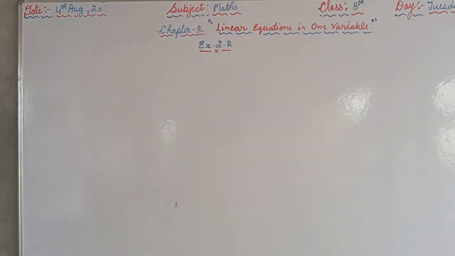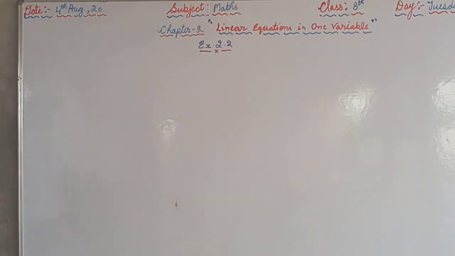So we will take question number 13, in which the question is, I told you previously that you are supposed to keep your textbook with you. At the same time I am reading the question for you. A rational number is such that when you multiply it by 5/2 and add 2/3 to the product, you get -7 upon 12. What is the number? We are supposed to find the number.